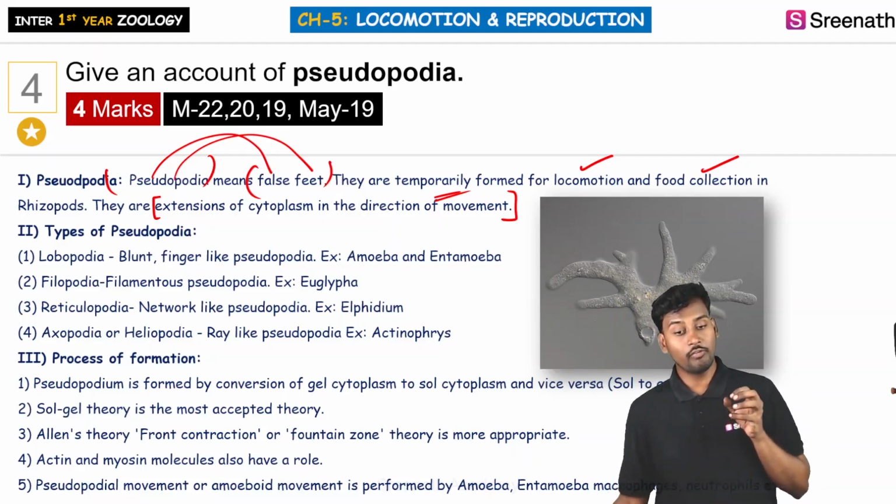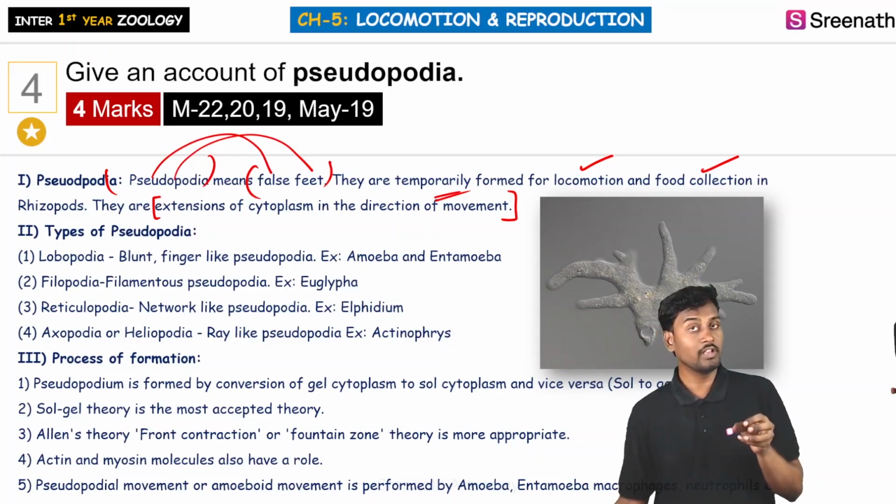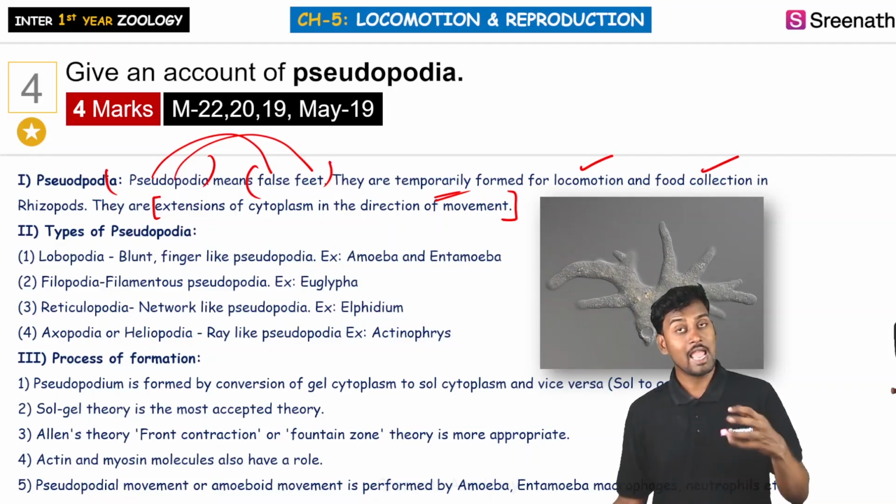So these kinds of false extensions of this organism are generally in terms of direction of the movement, in terms of food searching, and in terms of defense when they want to go to some other place. The direction of movement is decided by the extension of cytoplasm, and this is entirely decided by means of external